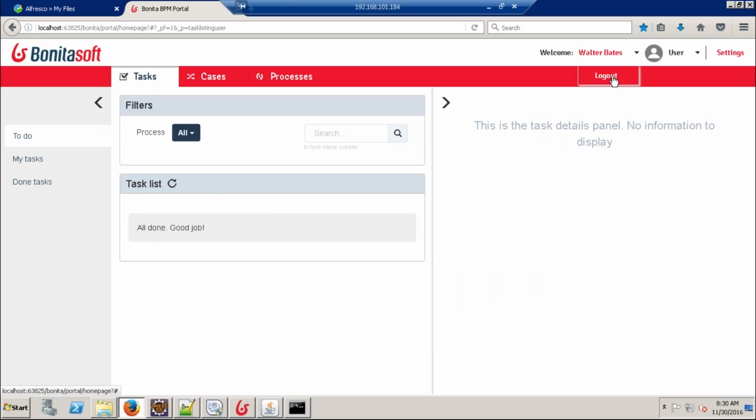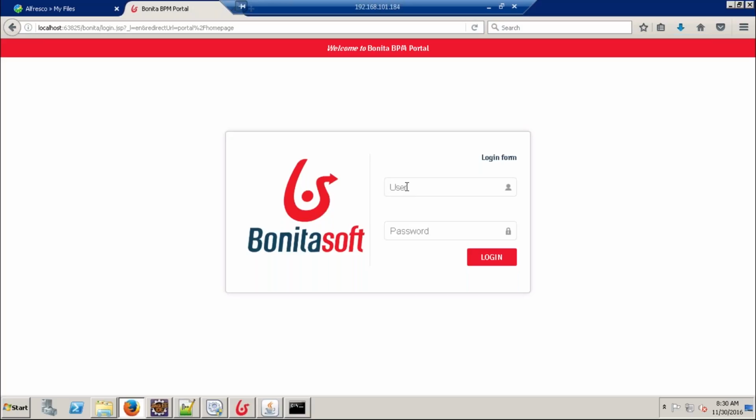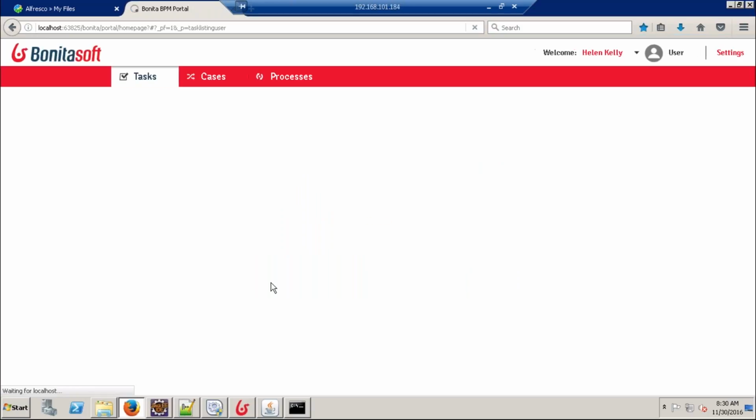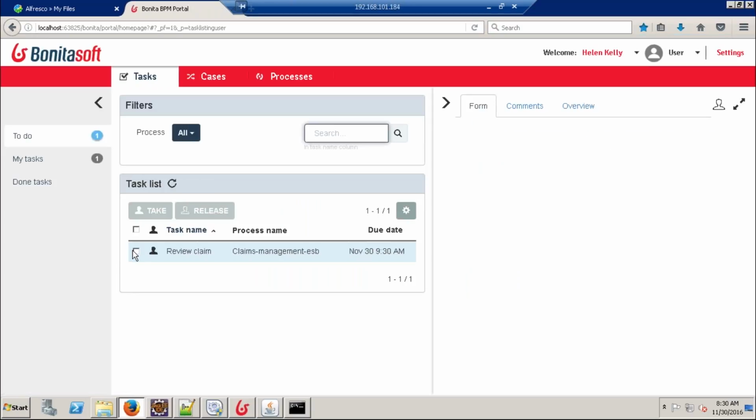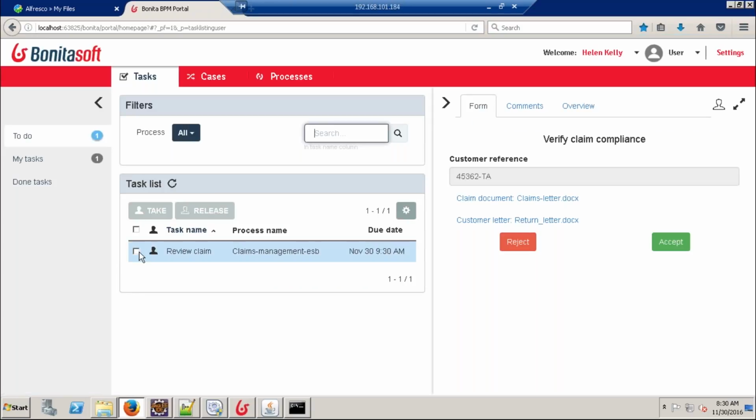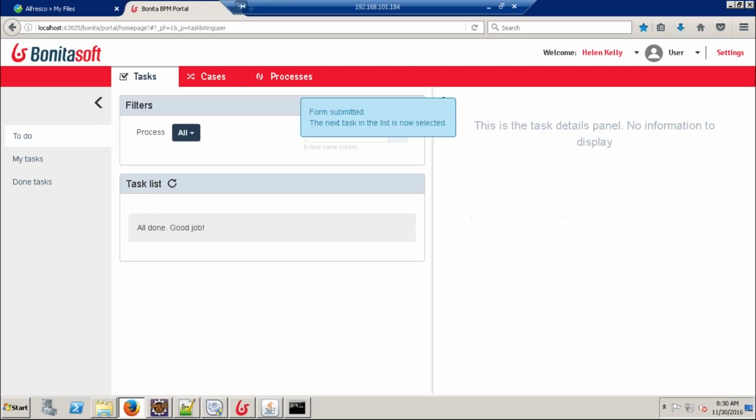Once the claim request has been submitted by the representative, it will be sent over to the manager of Walter Bates. Here we have Helen Kelly as the manager for Walter Bates. When Helen Kelly logs into the portal, you will see the final review task for the claim request. Helen Kelly can have a look at the claim request details and the return letter that has been processed by the representative, and take the appropriate action. For now, we'll accept the